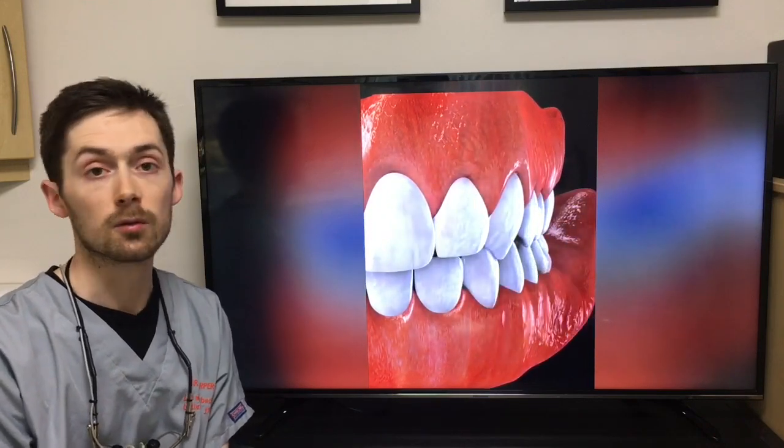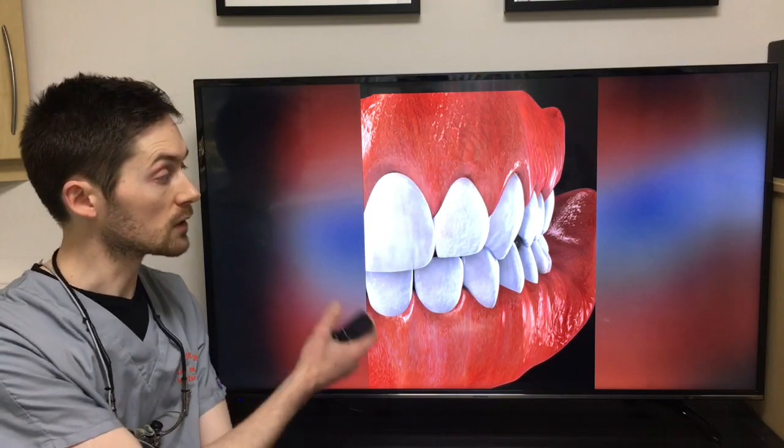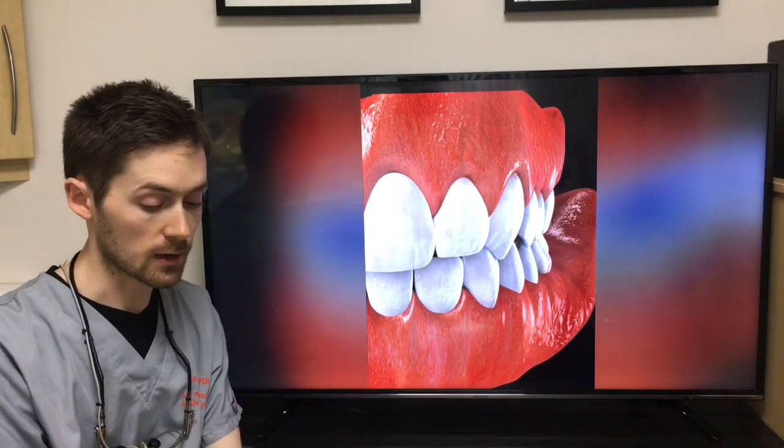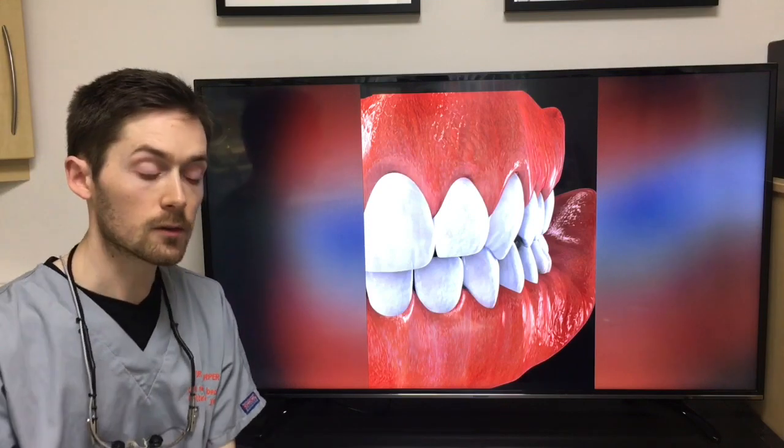Because I used to find that with a model, young children particularly would just switch off and look away, whereas if they've got the TV here, it's probably going to keep them looking at that. Right then, so there may be times when a patient